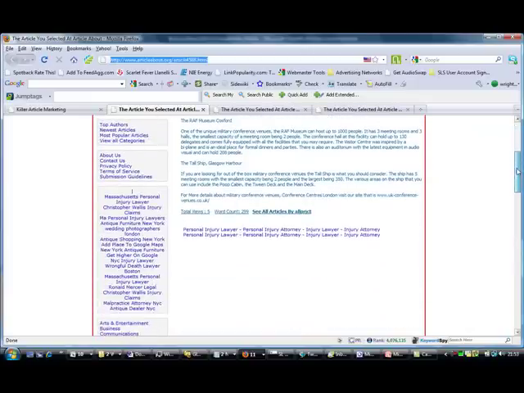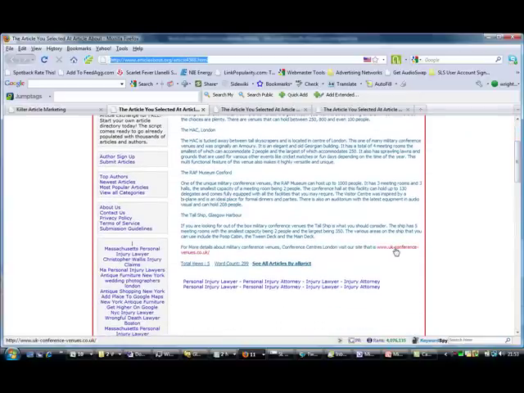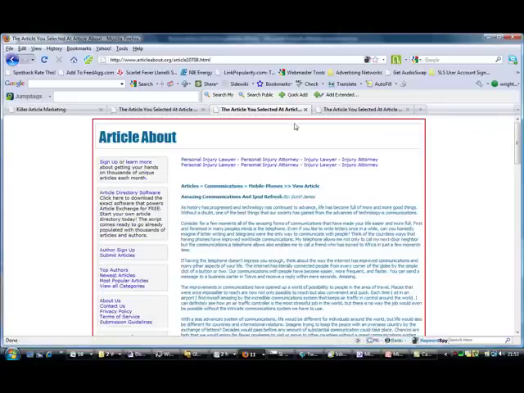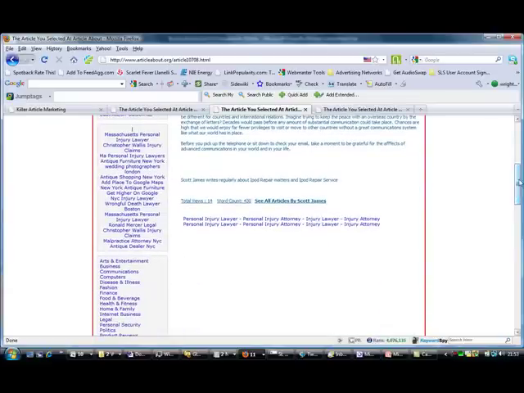If you scroll down to the bottom, the key thing with Article Exchange is that you put your links in the resource box, which is fine, that's cool. Now if we hover over that, we'll see that's where the link is. What they've done is this particular author has made the URL the anchor text for the link, which is actually not what you want. What you want is something like this, which is one of our articles, and I'm not bragging, it's just the first one that came to mind. If you hover over it, there you go.